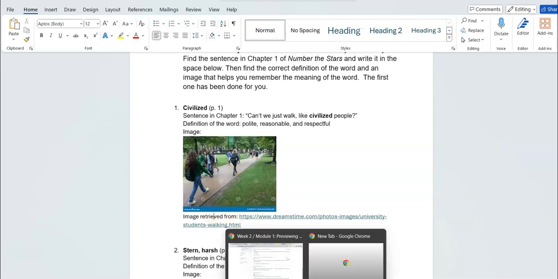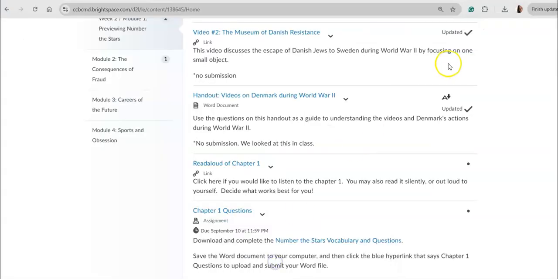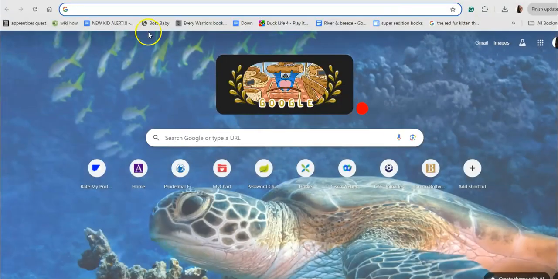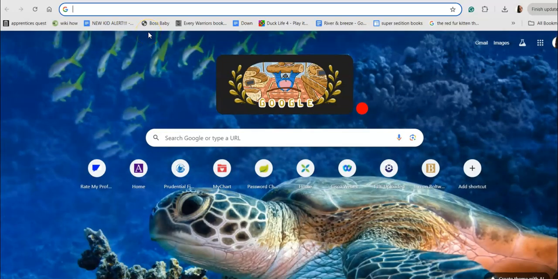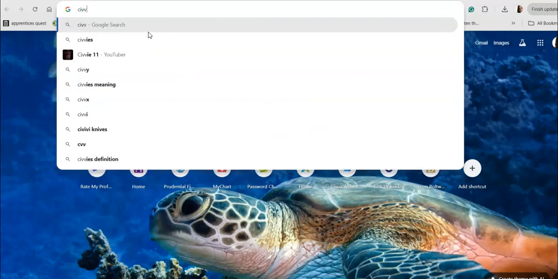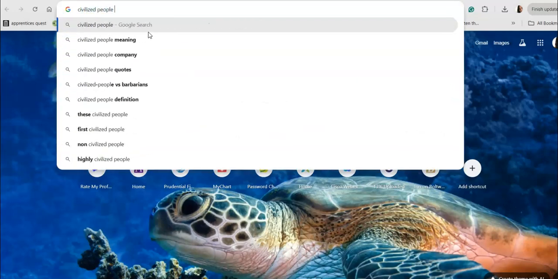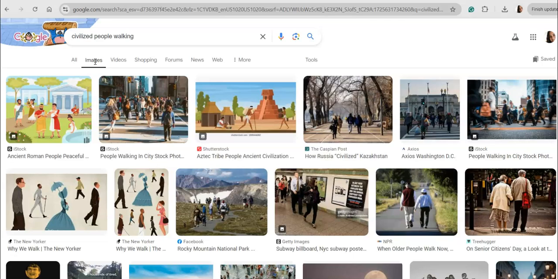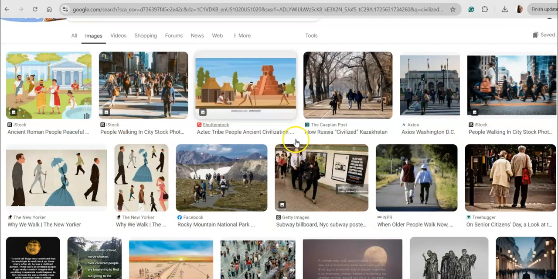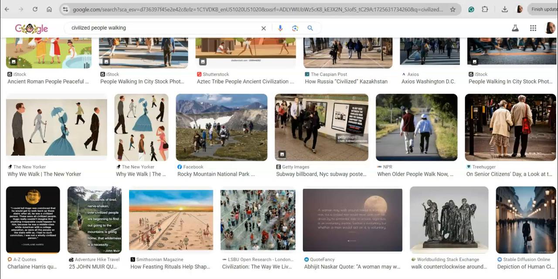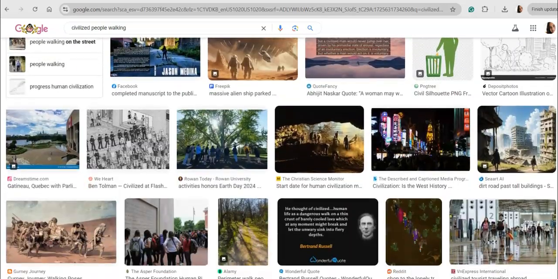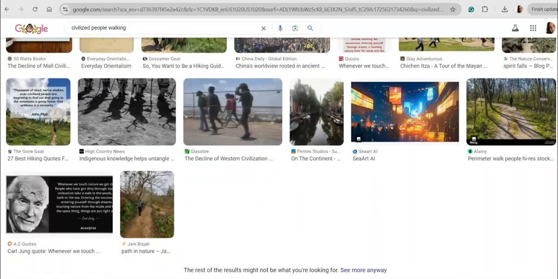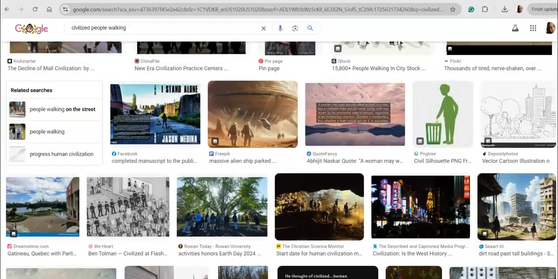If I'm looking for an image of civilized, I am going to go to Google and I'm going to type in, and because they're walking, that's how I did this, civilized people walking. So just typing in keywords and I'm clicking images. I'm looking for pictures. Now I can look through these different images and find one that kind of matches what the sentence is saying. So, it's Ellen and Anne-Marie